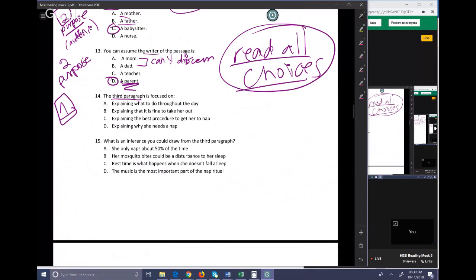So let's look at these because I don't have an answer circled. Explaining what to do throughout the day. The third paragraph was very much focused on the nap and how to do the nap, and the fact she may or may not nap and what they call it. When she doesn't nap, they call it rest time instead of calling it nap. I can recite all that even though I read this like an hour ago, and that's because of having my focuses. So if I think, oh, that was about nap, that allows me to remember a lot. That's just me talking about critical strategy again, as opposed to the question.